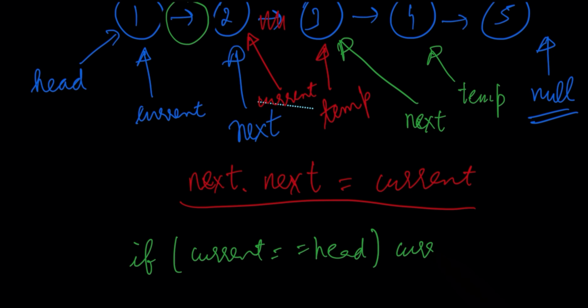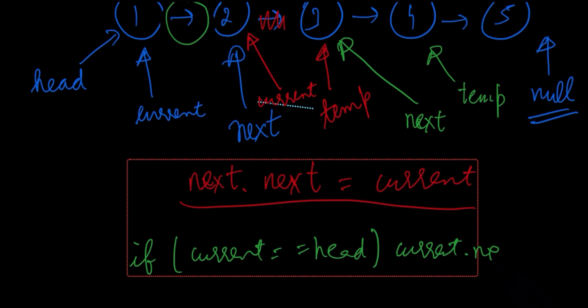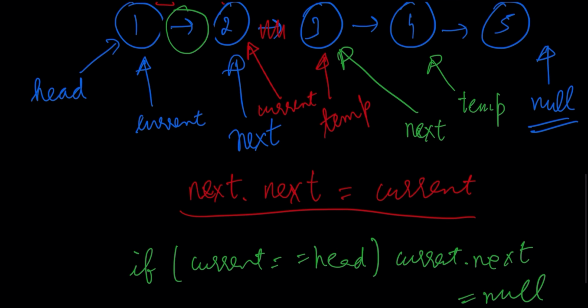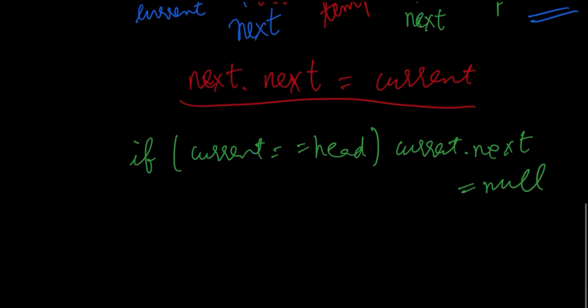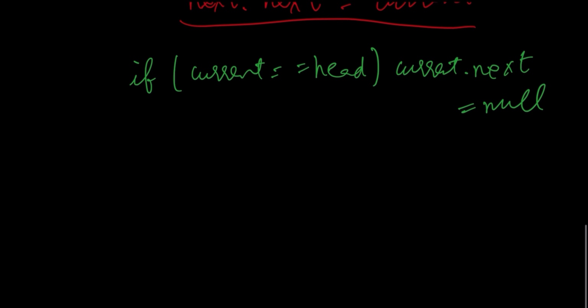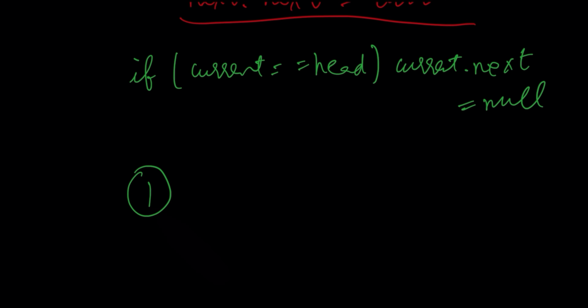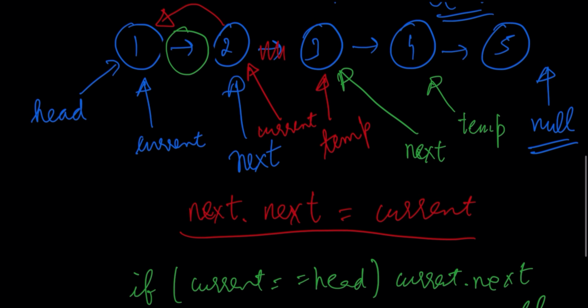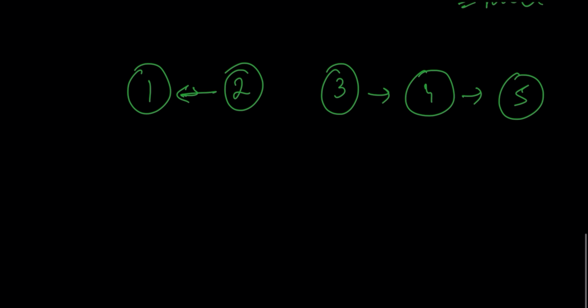Then we can do current dot next equal to null, and this will only be for the head node. Let me draw another example. So now 2 points to 1, now we have 3, 4, 5, and now the current is 2,